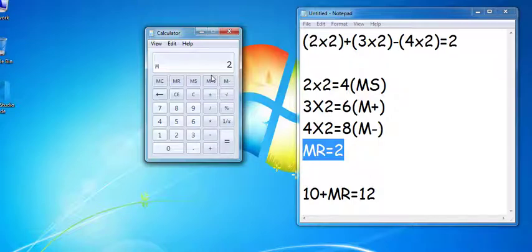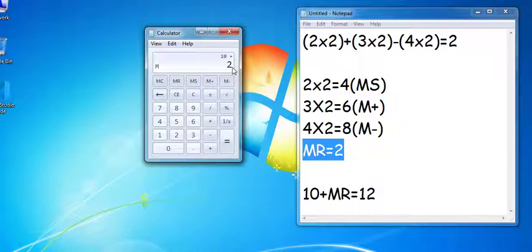Now we can use this number 2 which is stored in the memory in any further calculation. For example, if I write here 10 plus MR, when I press MR, it shows 2 in the display because 2 is stored in the memory now.